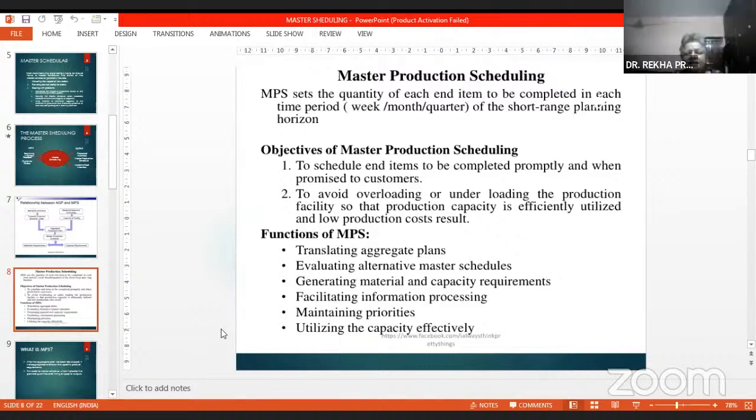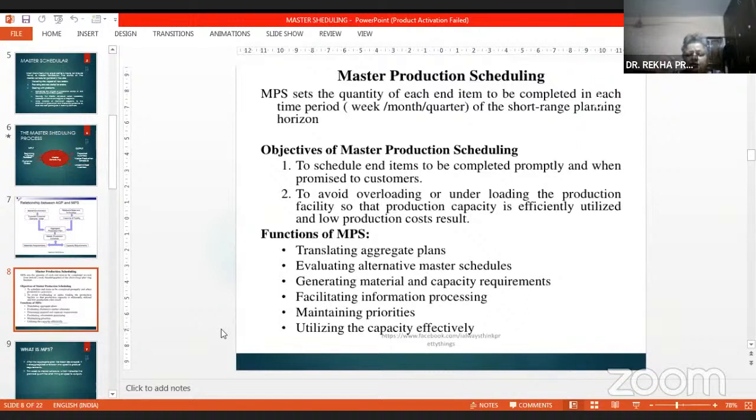So you can see, as I have already told you, it is disaggregating the aggregate plan. So for that period, how much of each specific item is required, how it will be produced, to schedule an item so that it is produced on time and whenever the customer requires it.